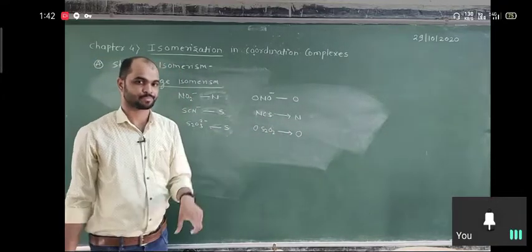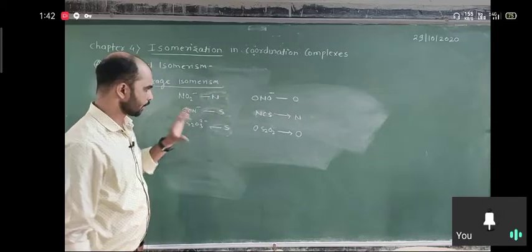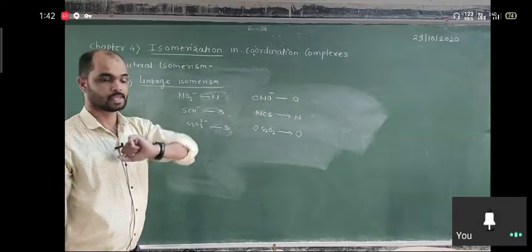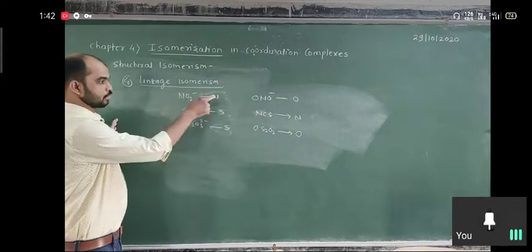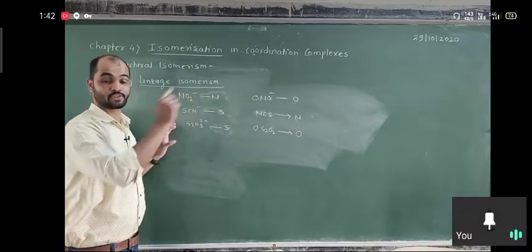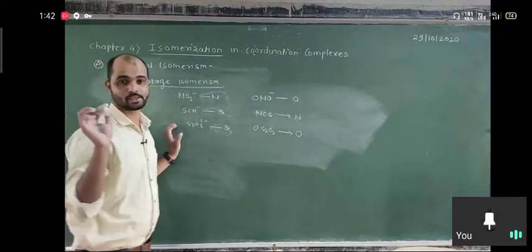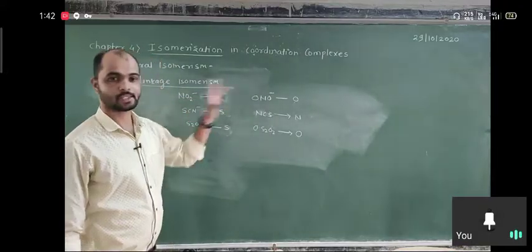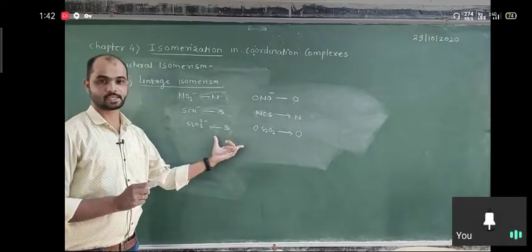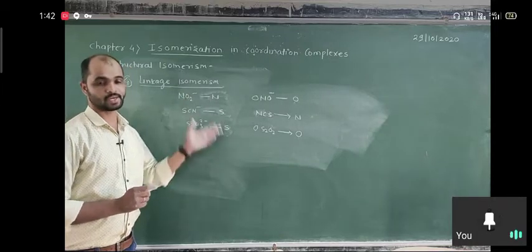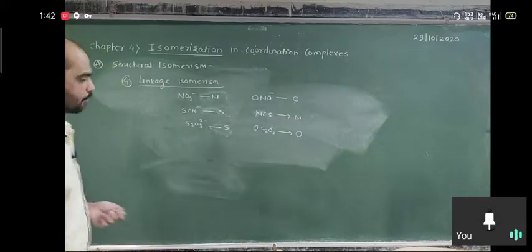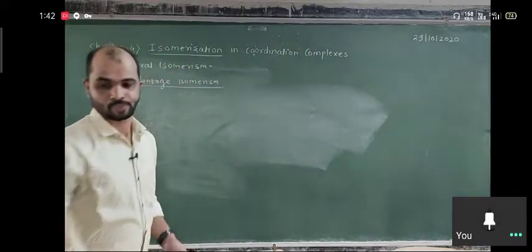So which atom is attached to the metal? If this ligand is present in one complex and this ligand in a second complex, in one the nitrogen is attached to the metal, but in the other the oxygen is attached. That means the linkages are different, but the overall molecular formula is the same. So the relation between them is linkage isomers. Only these three monodentate ligands are responsible for making the linkage type of isomerism. So we are going to discuss some examples here.